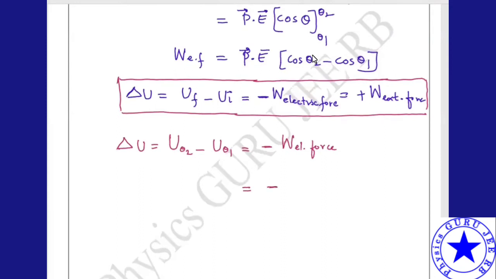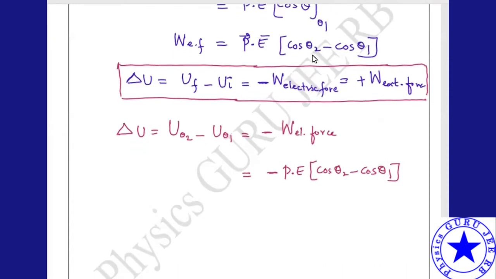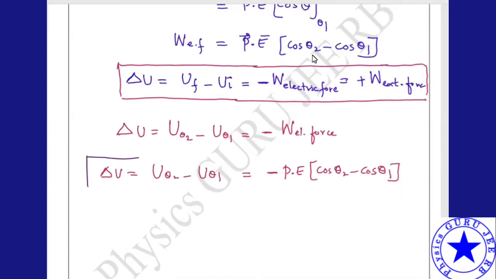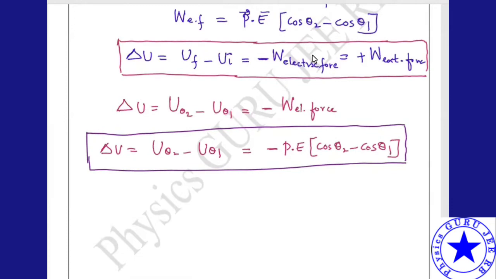Minus already there here, PE into cos theta 2 minus cos theta 1. Hope it is clear. So finally, the expression I'm getting is delta U equals U of theta 2 minus U of theta 1, which is equal to this. This is the final expression. Hope it is very clear to you. Now, what we can do here: I calculated potential energy, but I want potential,